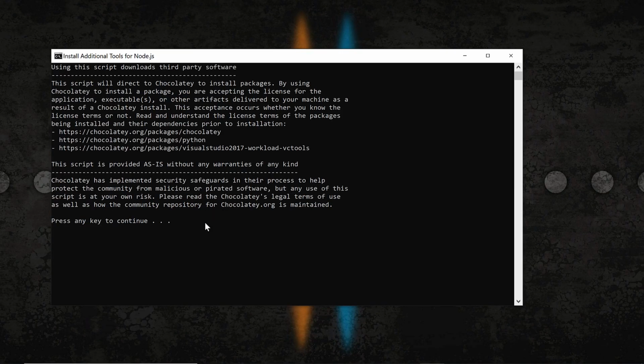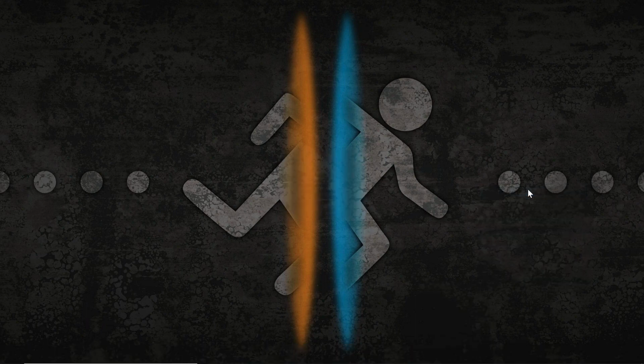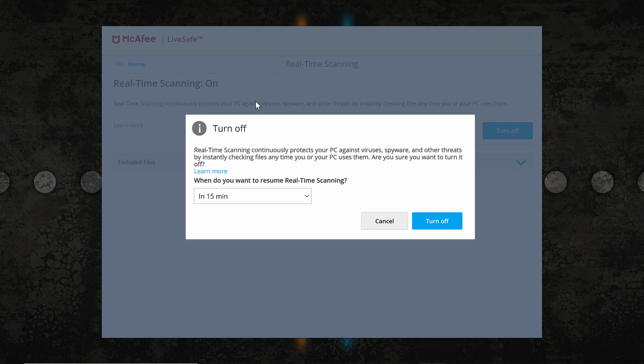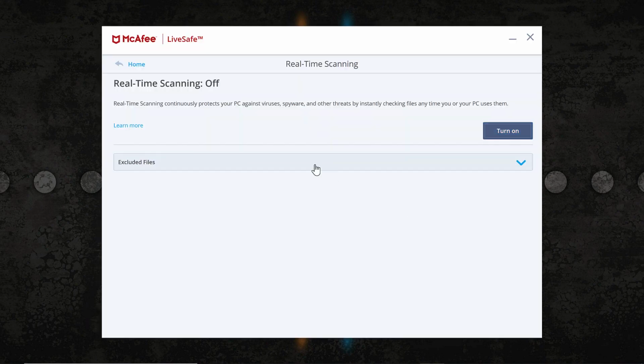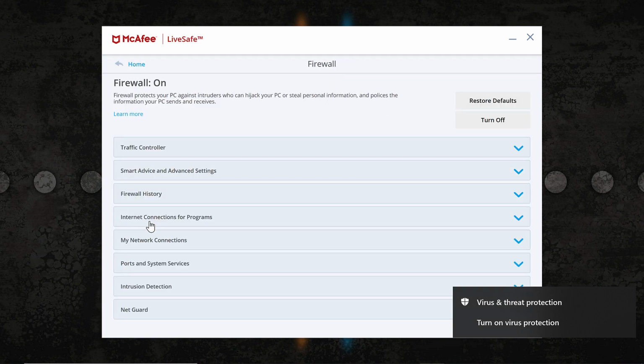If you have antivirus or firewall installed in your machine, that can stop the installation of native modules. So it is required to stop the firewall before you start the installation. In my case, I have McAfee. So before I started the installation, I stopped real-time scanning by clicking turn off for the next 15 minutes, and the same thing I did for the firewall.